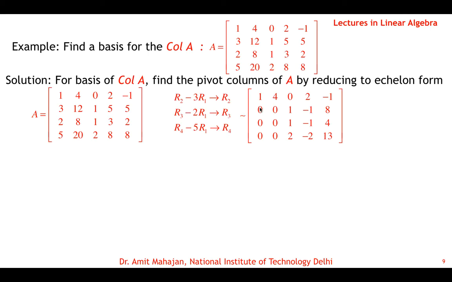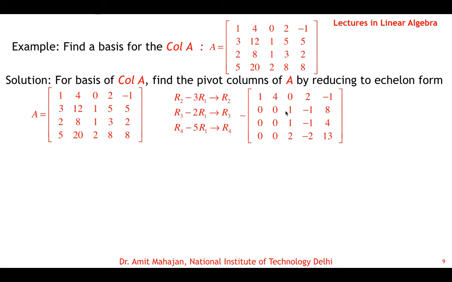Now in the second row, find the leading element. You find that it is at the 3 2 position, because at the 2 2 position it is 0 and all elements below are 0. So no element in the second column, okay. If there is any non-zero number, you can interchange rows to bring it here, but all are 0, so the leading element is at the 3 2 position. So now we will use this element to make the bottom two elements 0. The elements at the 3 3 and 4 3 positions are to be made 0.